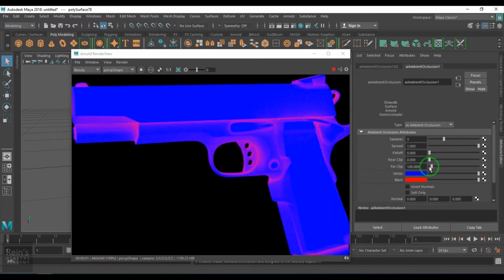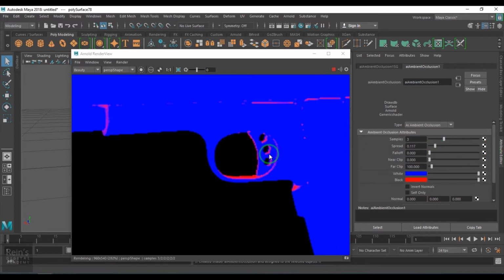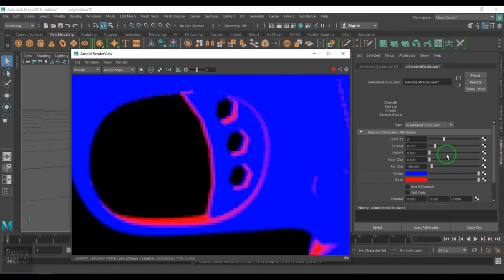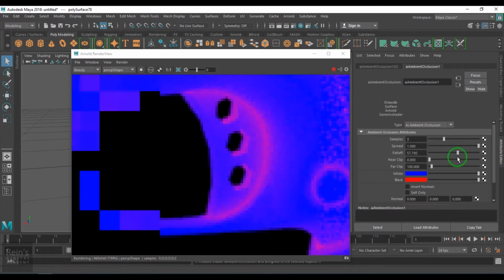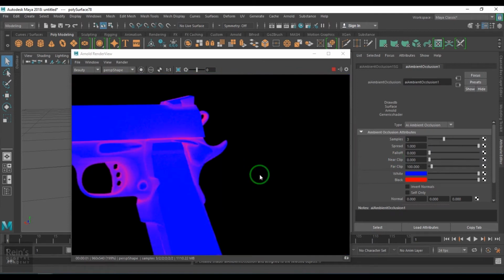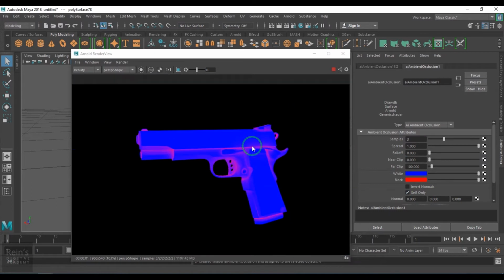I can take different colors so that you can see the ambient occlusion better. We have the spread, which you can increase or decrease. You should see that very thin line spreading there. We have the falloff, which I'll keep low as it is, and we have self only. When different objects interact with this one, contact shadows are formed where there are intersections, and if you don't want that, you can say only for self. That means it will affect only the object itself.